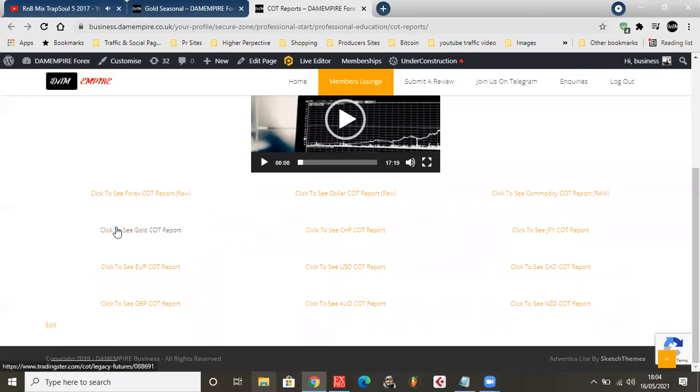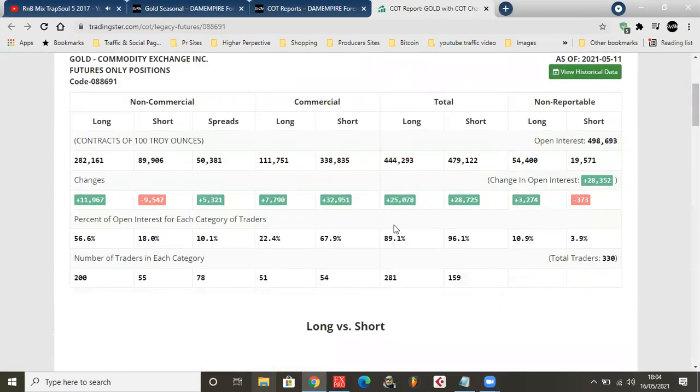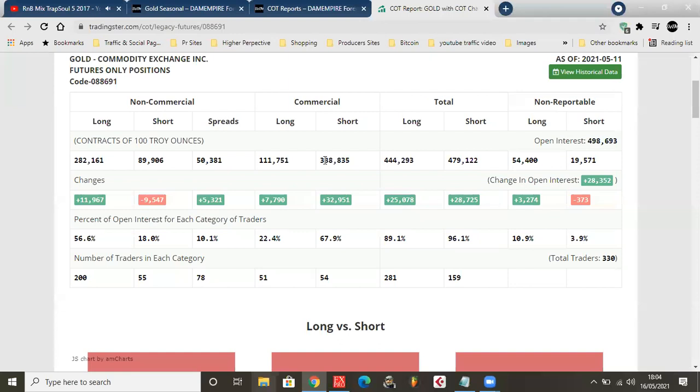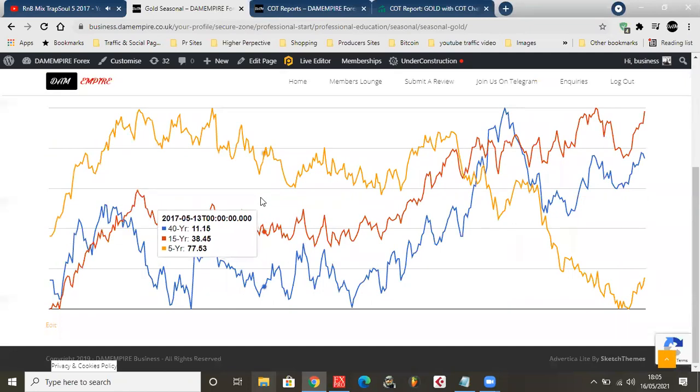Right, let's start with gold. I haven't seen gold move in a while. Whoa, okay, this is looking pretty good because there are 32,000 new positions in the market on gold on the short side. Let's check the seasonality. I've loaded it up already, so I just want to see on the 16th.